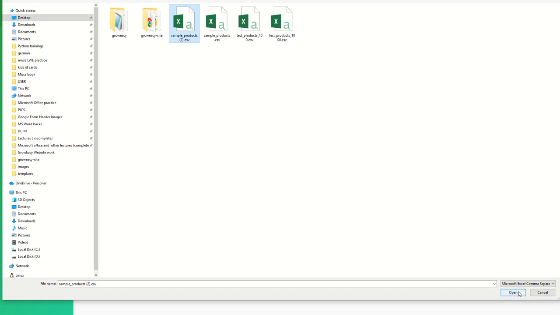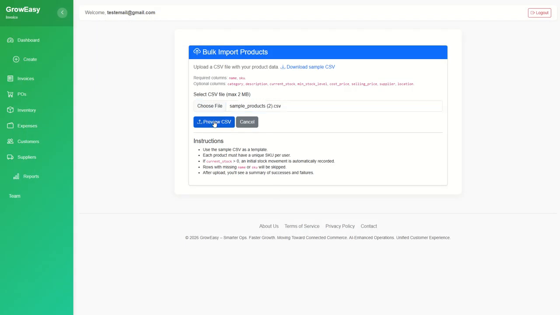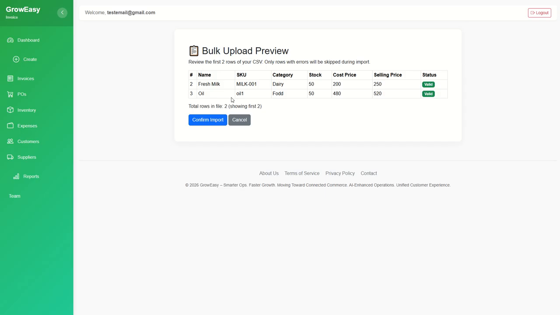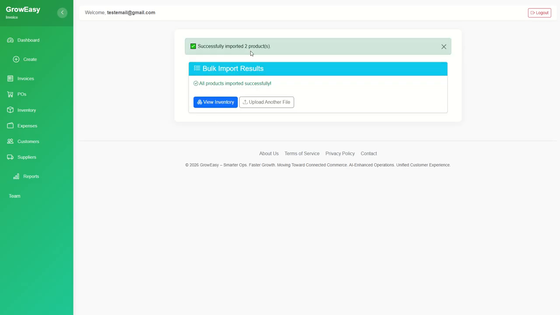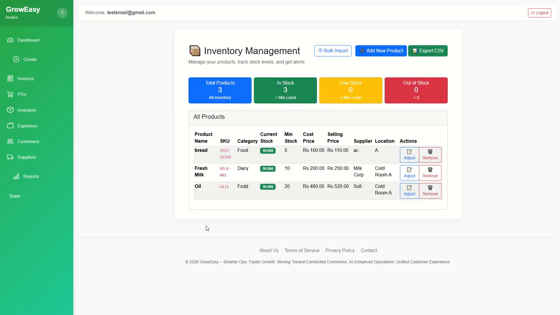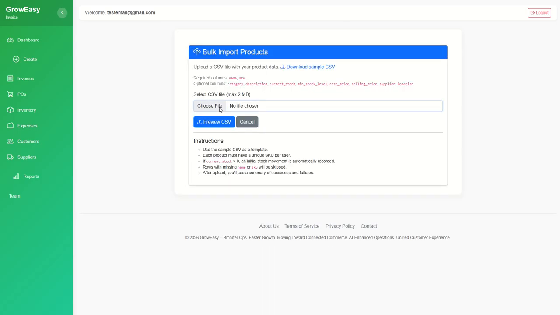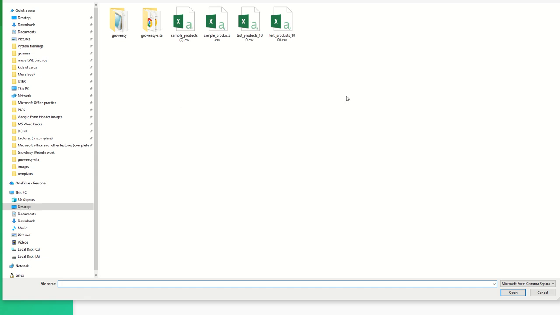This was my file, and now you can see this is a preview of the items, showing the first two rows. Two products imported. View inventory. So these are the products you can add via bulk import. If you have more items than these two items,